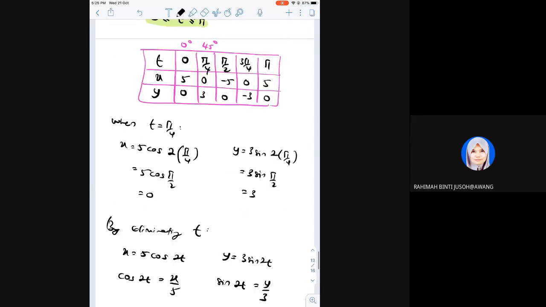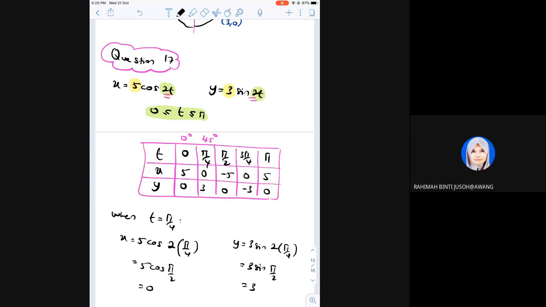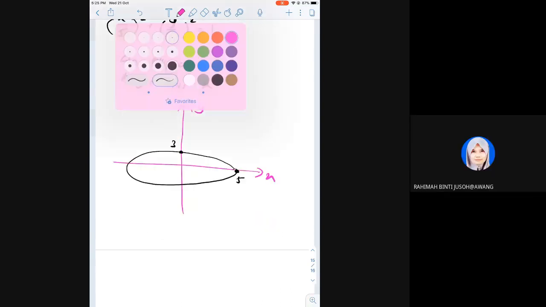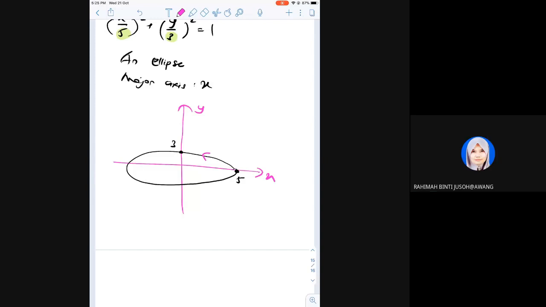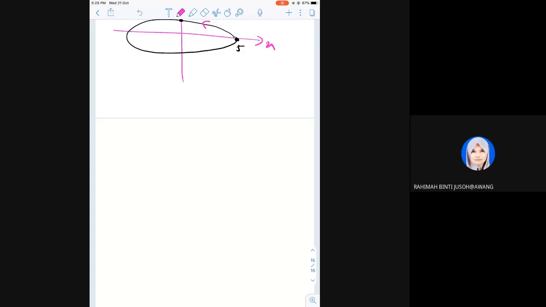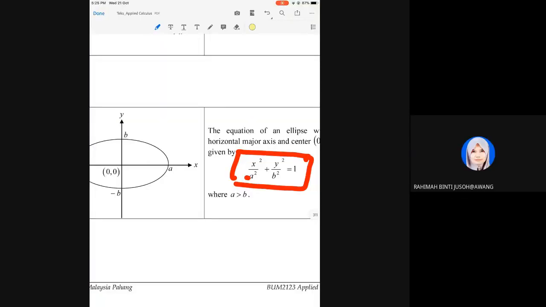Alright, now orientation clockwise or anti-clockwise? Arah jam ke lawan jam? Anti-clockwise. Okay, well done. So we will have this orientation. Counter-clockwise, counter ataupun anti, benda yang sama. Counter-clockwise. Okay, settle. So next, let us take a look at question number